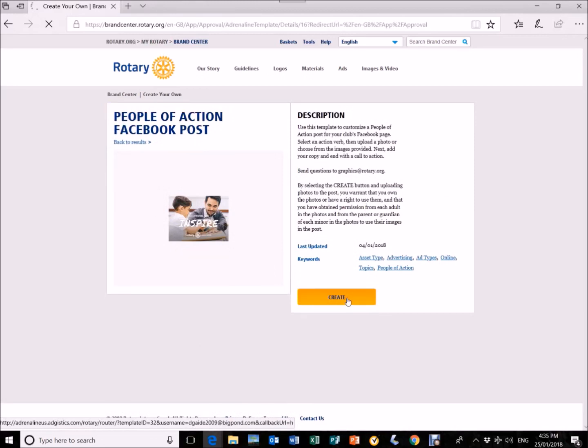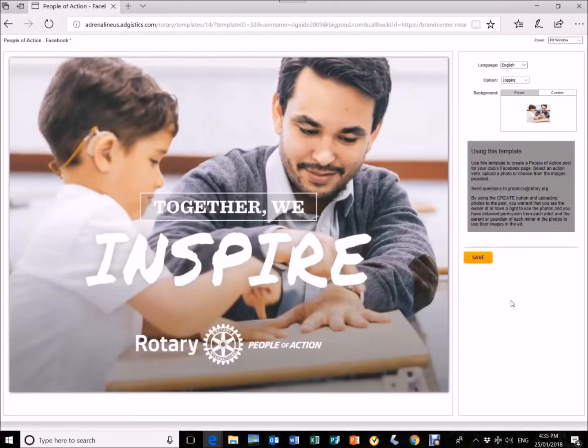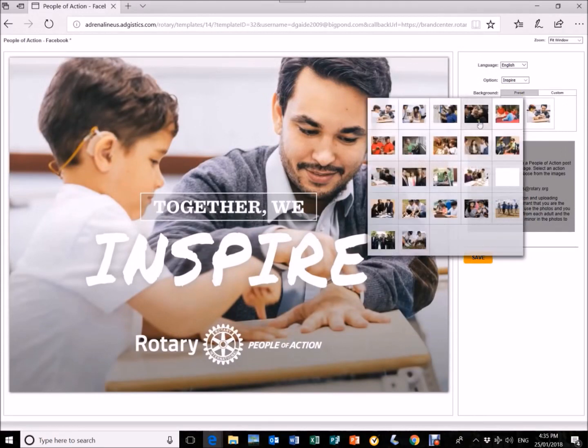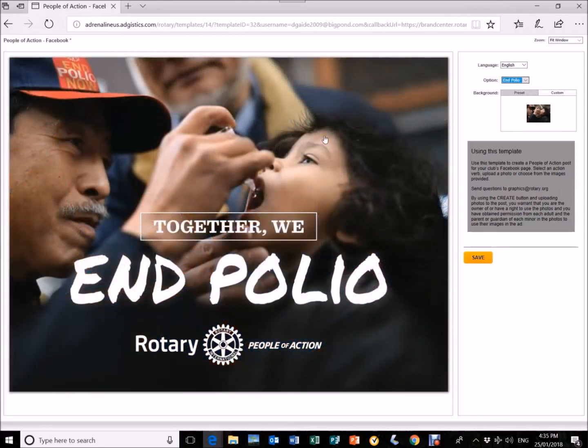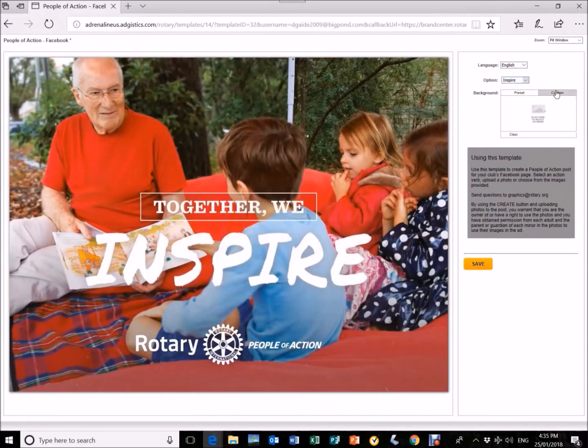So we're going to create an image firstly, and this will display the template area that we're going to work in. This sort of an image is pretty much available from here, and there are a number of stock images which you'd be familiar with as we go through. There's also a series of text descriptions which also are probably pretty familiar to you, and in polio, for instance, might be one of the most popular ones that you see displayed. But we're going to stick with Inspire today, and rather than using the custom images, we're going to create our own image,